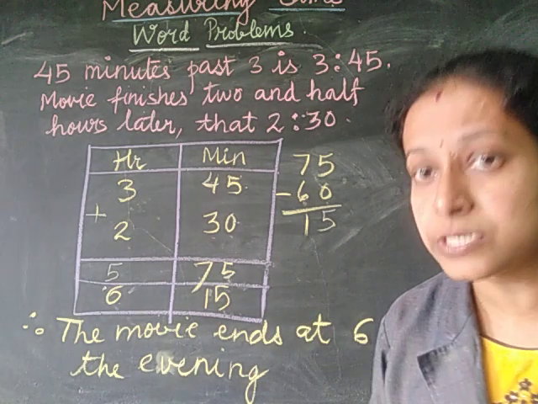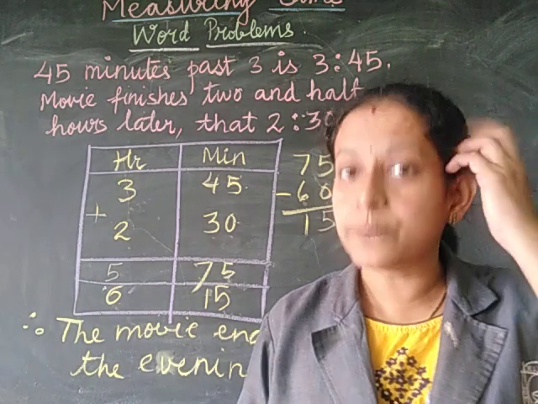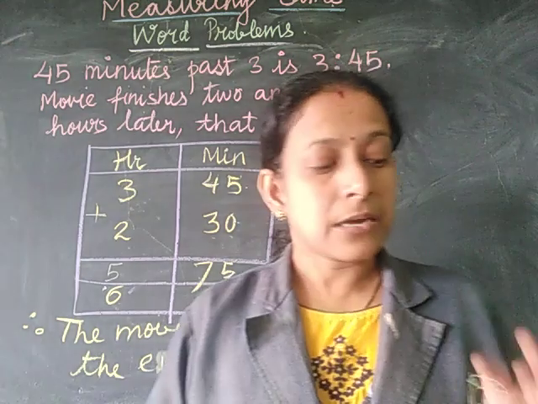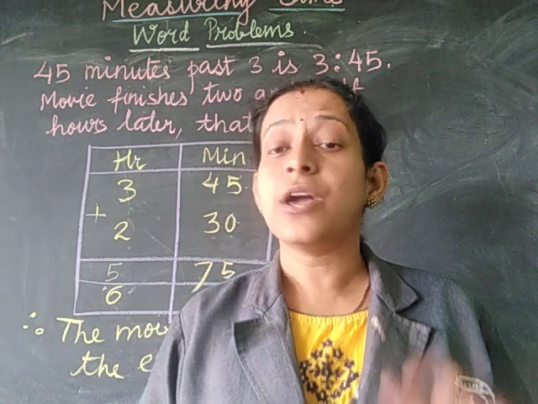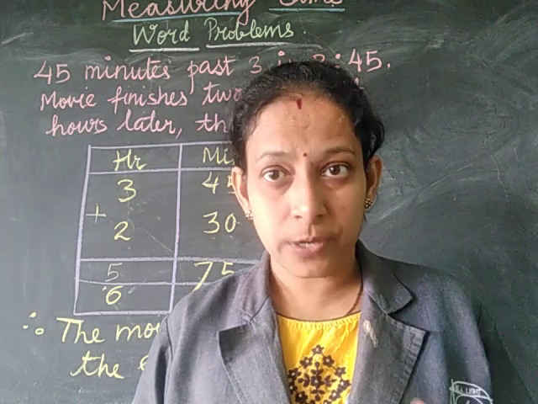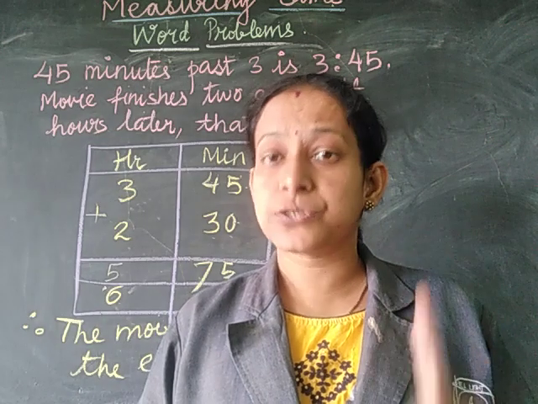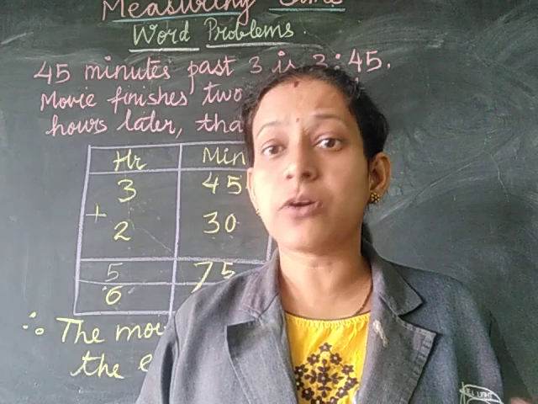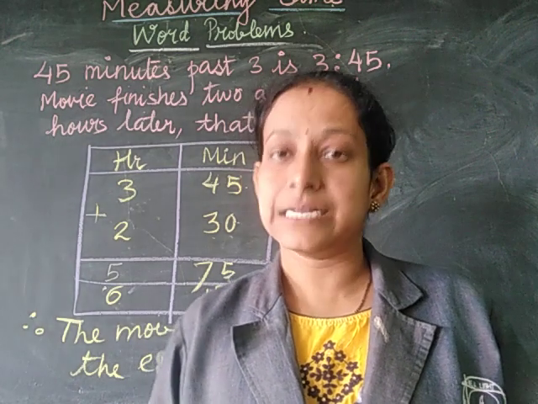Is that clear, students? I hope you have understood how to solve the word problems. So today for your homework, you are going to solve question number 5 and question number 6 of problem set number 45 on your own. Right students, I am going to send the answers, but you need to try to solve on your own first in your rough book or in your homework book, and then when I give you the answers you can copy it in the classwork book.